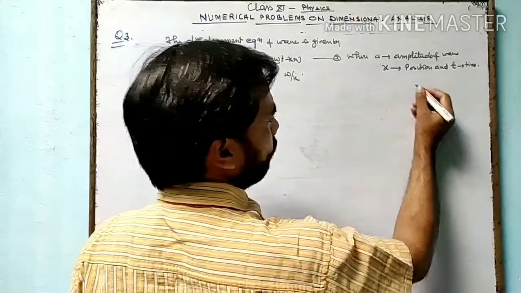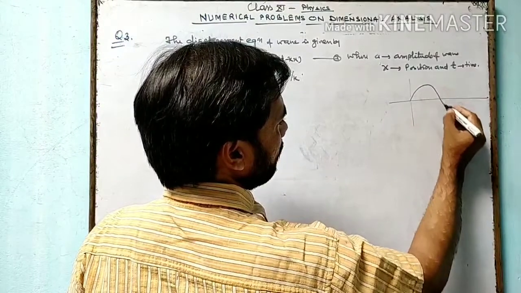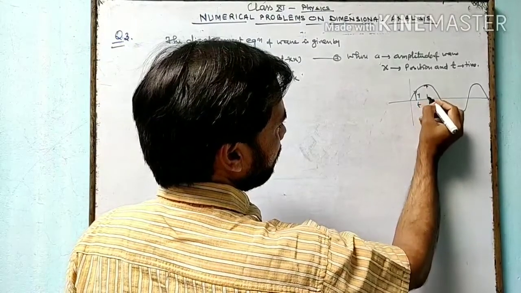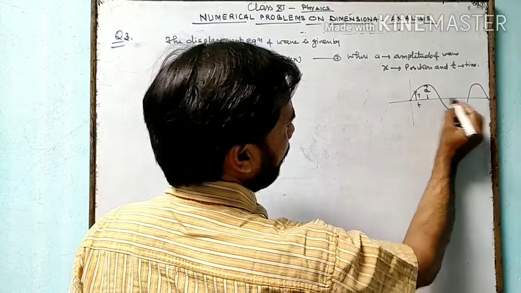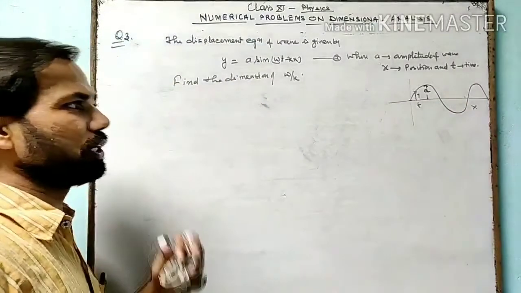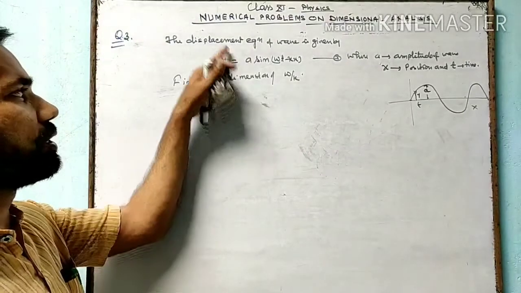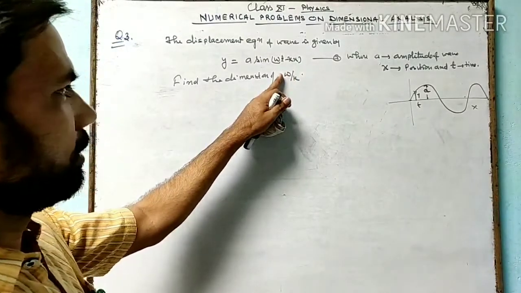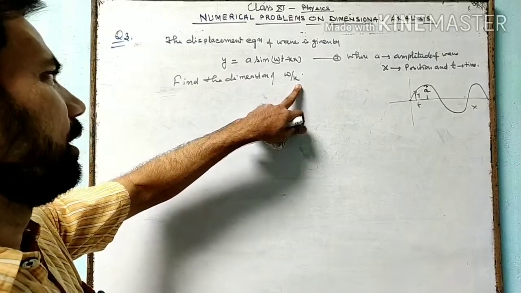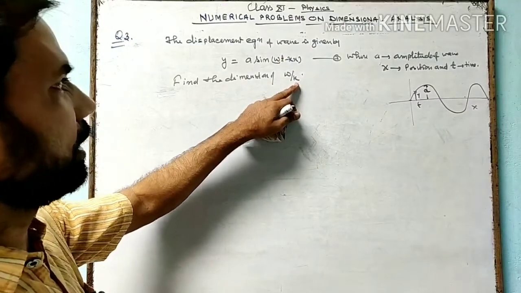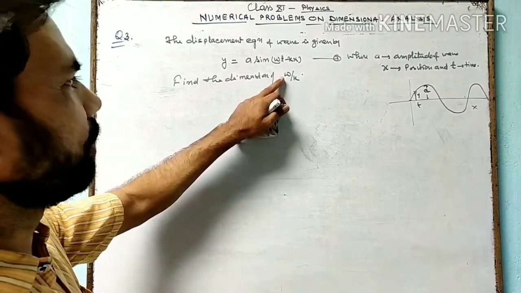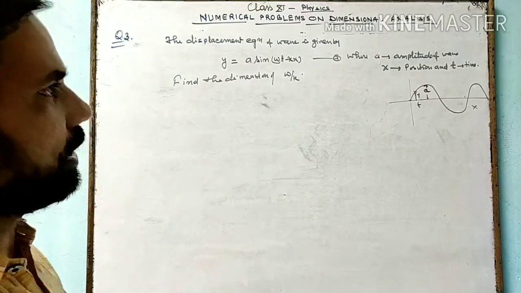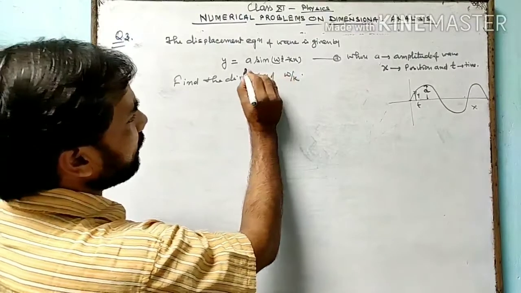You know that whenever we write a wave, it has this type of structure: the displacement at any time is y, the maximum displacement is called the amplitude, and the wave travels in the x direction; with respect to time t and position x, the displacement y is written like this. We have to find out the dimensional formula of omega, that is angular speed, and of the propagation vector k. Here it is immaterial what omega and k are, but it is material what the dimensional formulas of omega and k are, and we will have to take the ratio of these two, then we will find our result. So from a simple logic, this is a question.